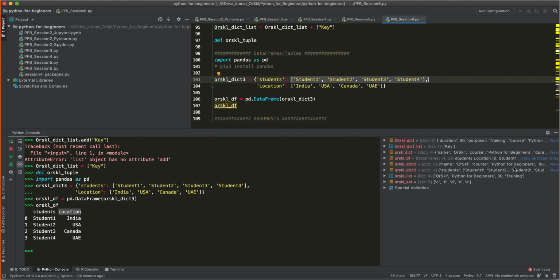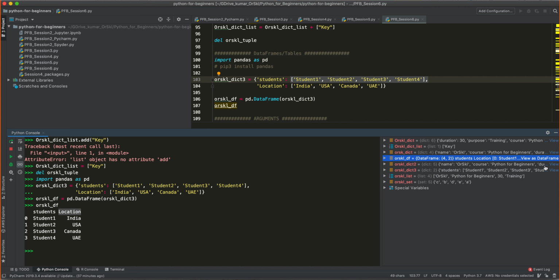Now you can also see it visually as well. Orskill_df, if you see here, the shape of it is 4 comma 2, right? 4 rows and 2 columns. If you recollect your mathematics that you learnt in school, in a matrix representation, it is number of rows, comma, number of columns, the size of the matrix. So it's the same thing here in the tabular structure.